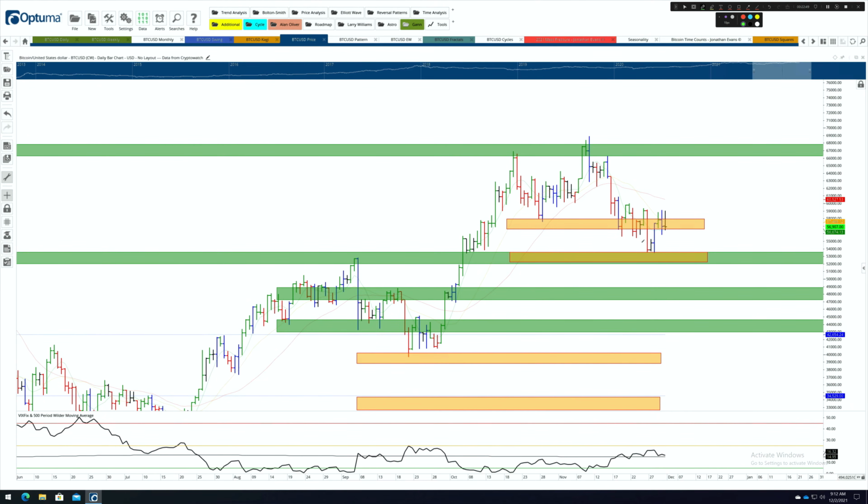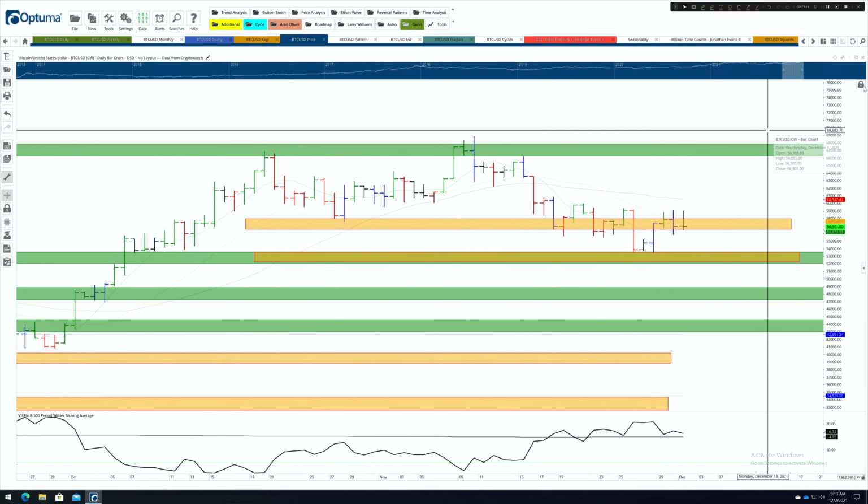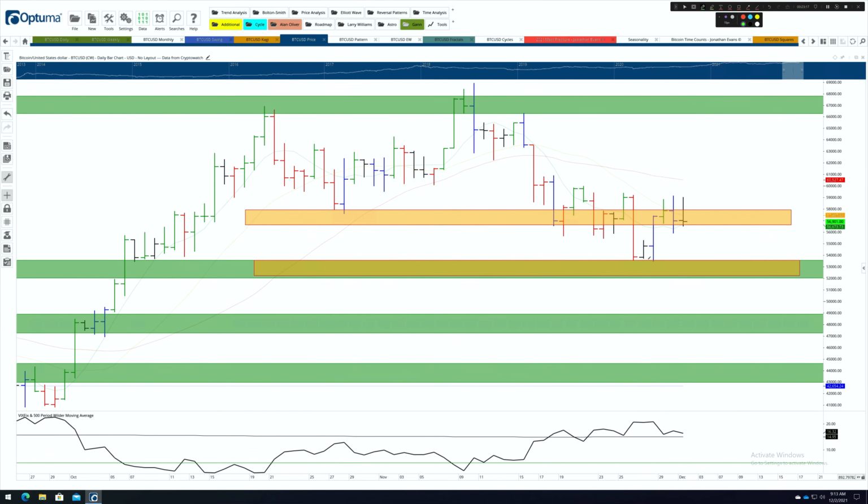And the next band, obviously, we were looking at time counts of around the 27th, and we wanted it to come into this area here, and we wanted it to, if possible, turn on the 27th. So let's take a look at this date here. That was the 28th. So what happened, if we zoom in and make this bigger, was a few hours after the market closed on the 27th, the market came down, wicked into the price cluster on the 28th.